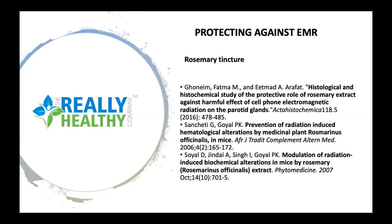And then there was a second research paper that dates back to 2006, and this showed how it really benefited the white blood cells and increased a low leukocyte count in these mice, because the radiation can really affect the hematopoiesis, the making of the blood cells in the bone marrow, and the rosemary really protected that and really helped to